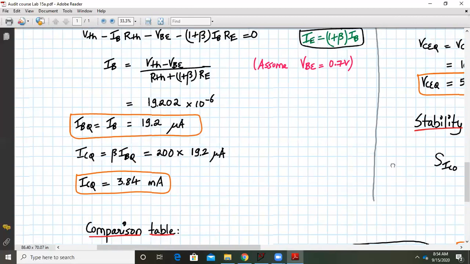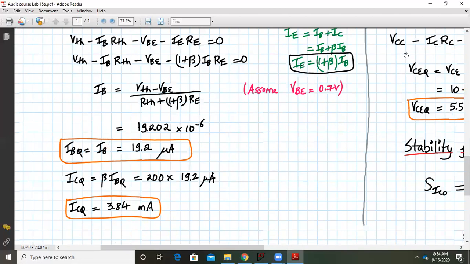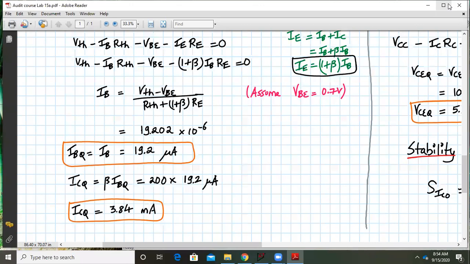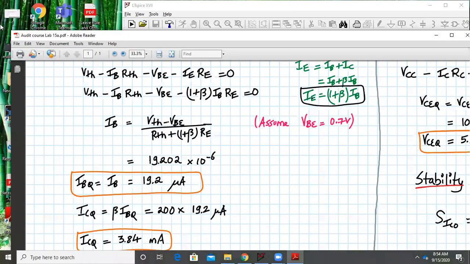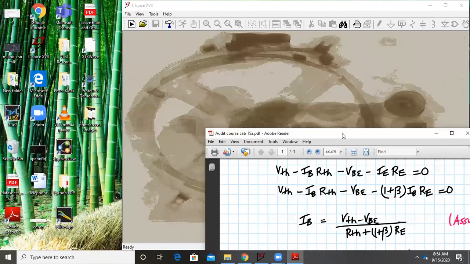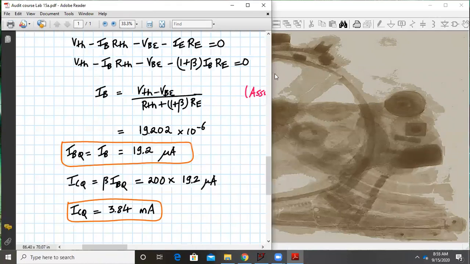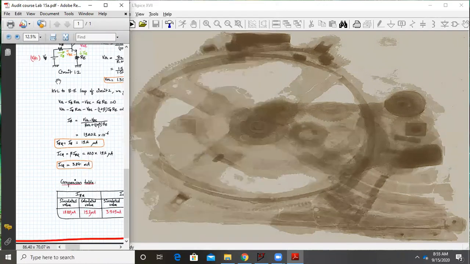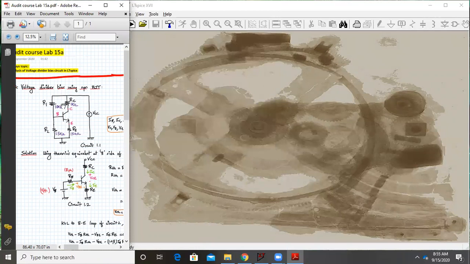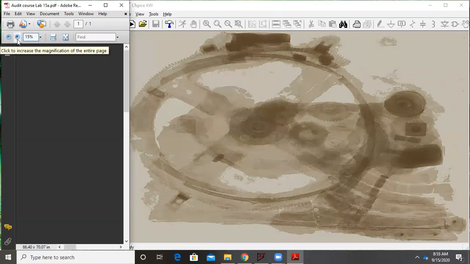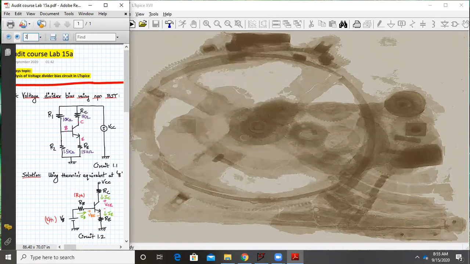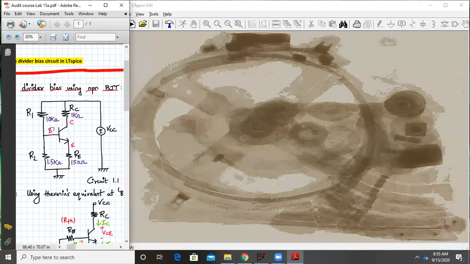So now what we will do is verify this in LTSpice. So let us start building this circuit in LTSpice. Okay, so I have already opened the LTSpice window. Let me just reduce this. Let me adjust the screen and then we can begin. I'll keep it minimum right now. So I remember that this is my circuit. Let me make it 15% or maybe 20%.